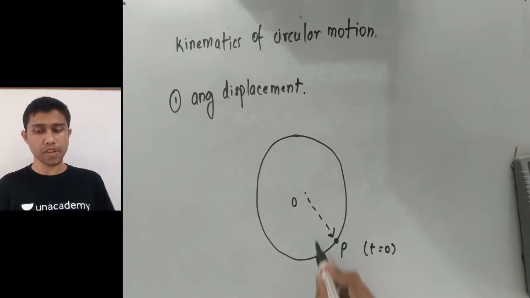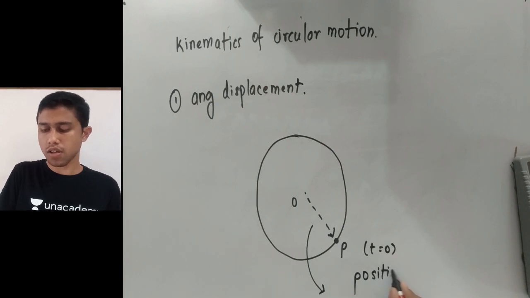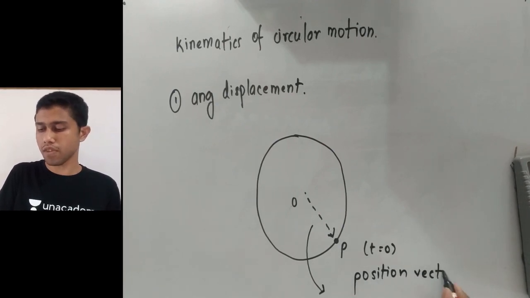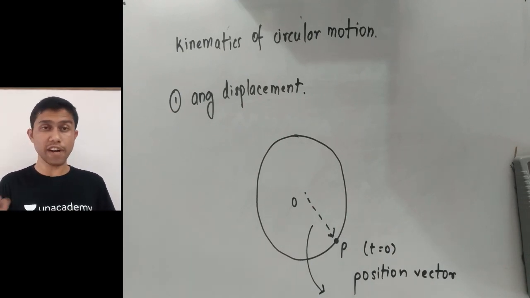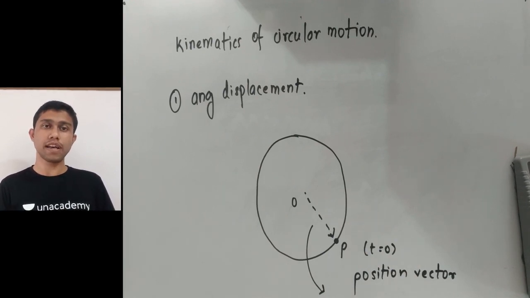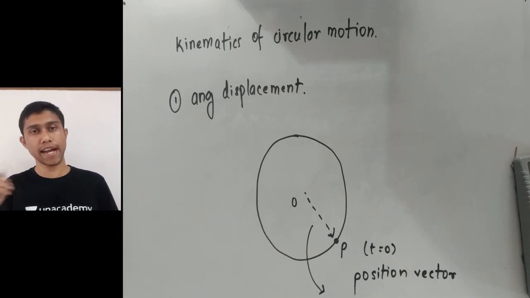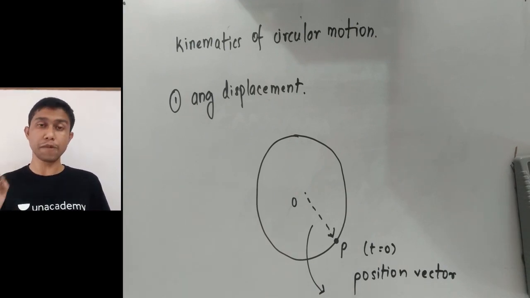this line is called a position vector. So why is it called a position vector? Because remember, this is a vector which gives the direction or the position of the particle. It has some magnitude which is equal to the radius of this circle, and it also tells me the direction. So why shouldn't it be called a vector? It is called a position vector because it has magnitude, it shows a direction, and it gives the position of the particle.